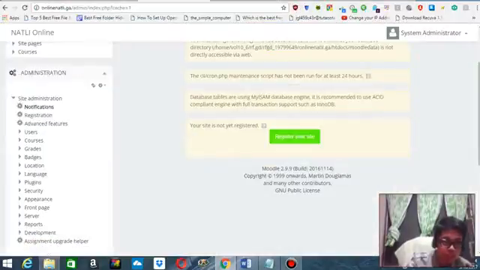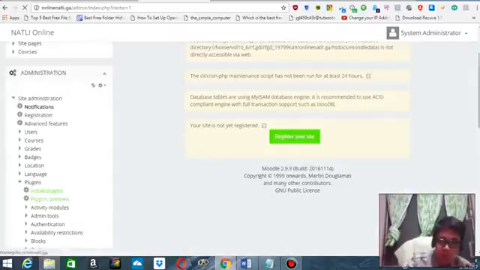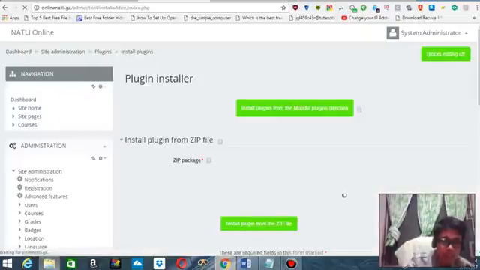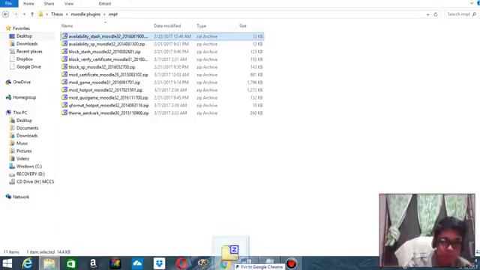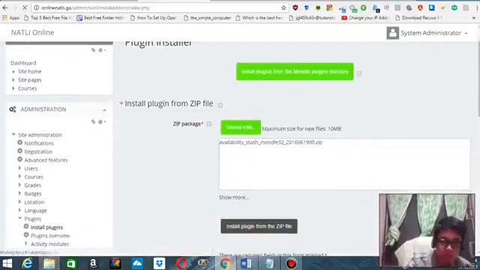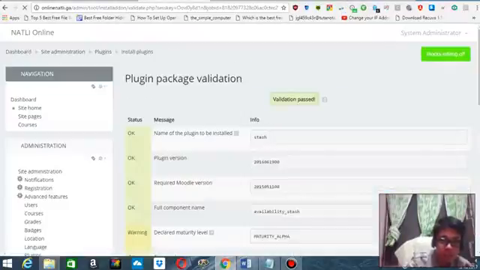Okay, go again to plugins, install plugins. Then yeah, I have already downloaded the availability stash plugin, and we can just drag and drop it here. And then click install plugin from the zip file,